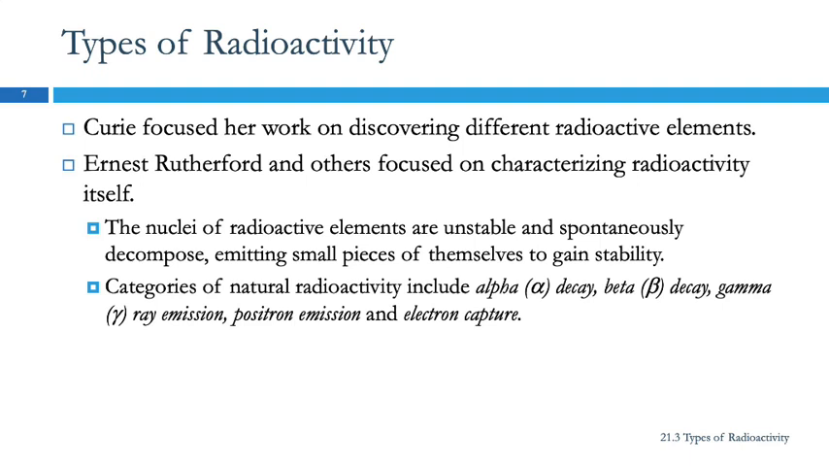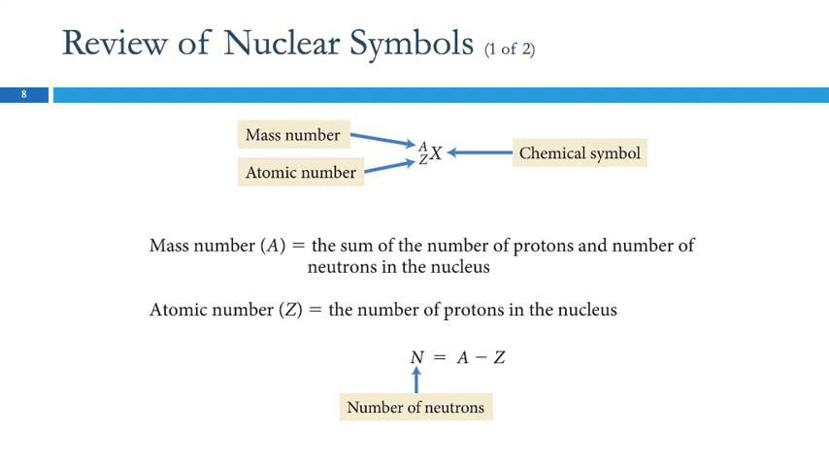So the nuclei, not just plural nucleus, nuclei of radioactive elements are unstable and they emit or decompose, emitting small pieces of themselves. And they do this to become more stable. So the categories of natural radioactivity include alpha rays, alpha decay, beta decay, gamma ray emission, positron emission, and electron capture. And we'll talk about each of those